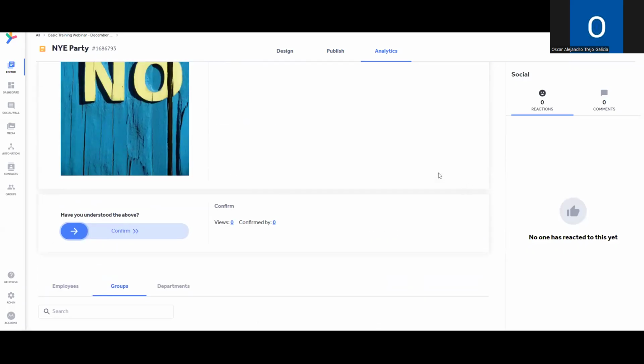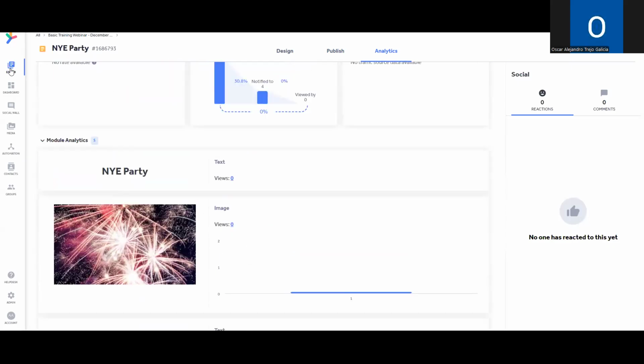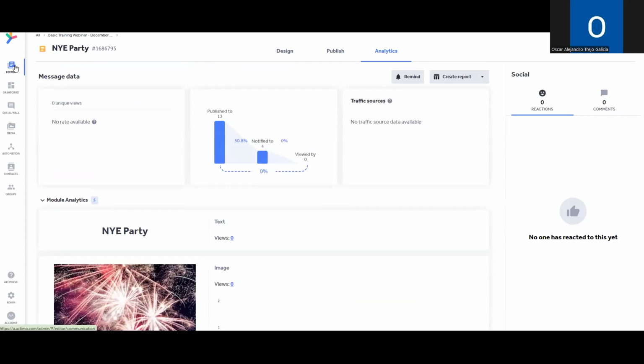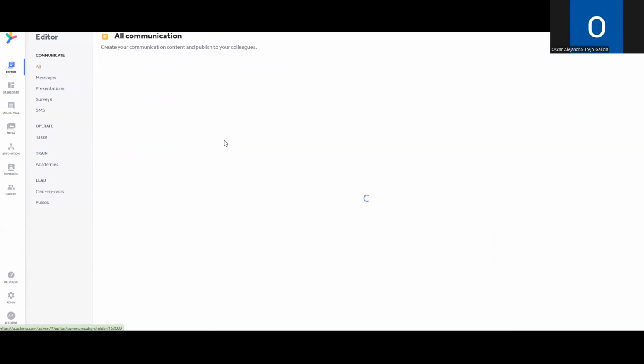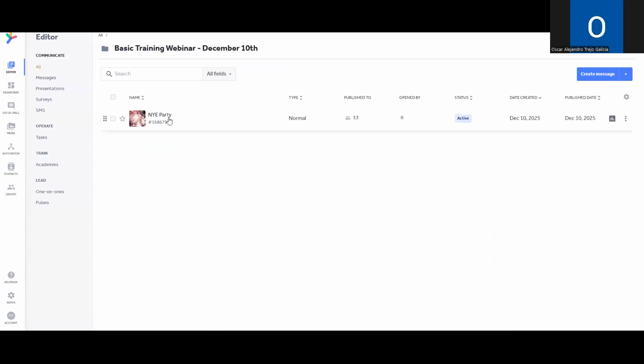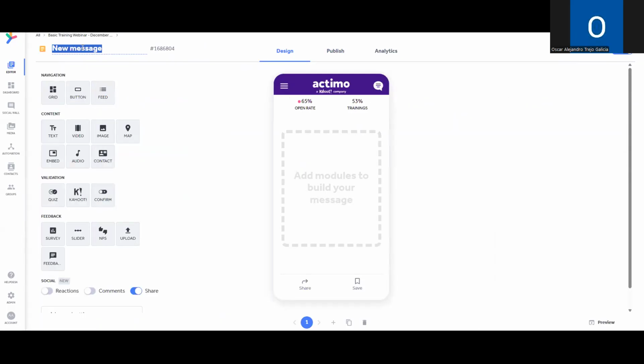So from that, what we might do is we'll maybe create one more message just to show a few more modules. So I'm happy with that. Now we'll go back to our editor. We can see in here where we created our folder, we have our NYE party ready to go. So let's create maybe one more message, and we'll call this message, let me think, maybe breaking news,